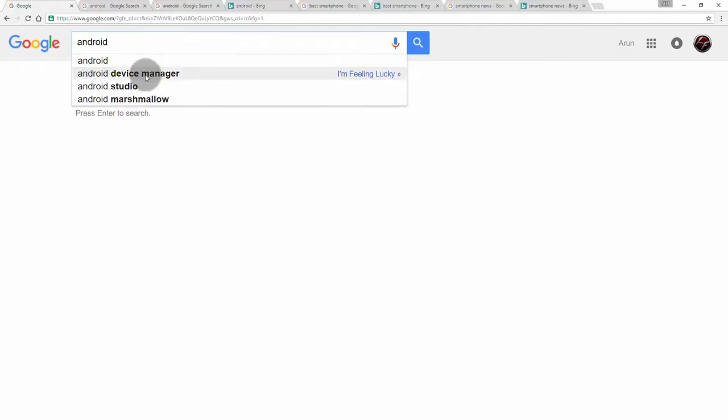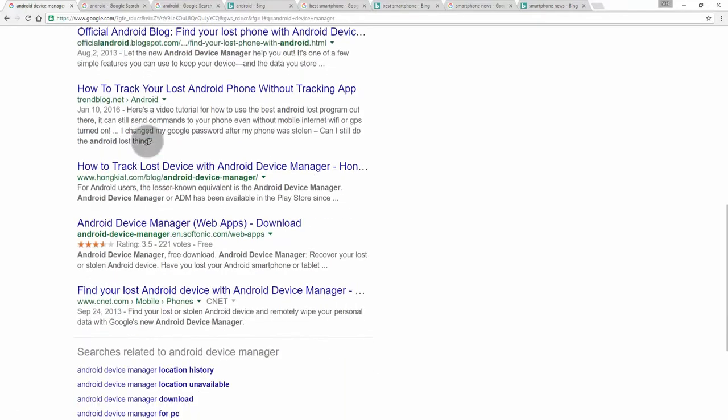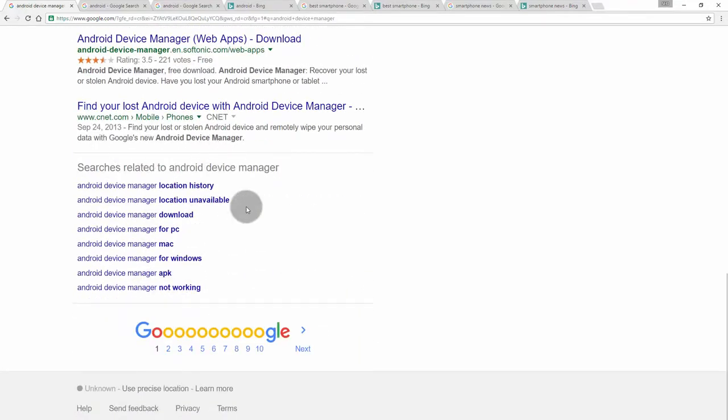If I want to write an article on Android Device Manager, then I will click on the Android Device Manager suggestion. And if I go to the bottom of this page, I get further narrowed down related keywords for Android Device Manager. So I can start writing an article based on these keywords, such as Android Device Manager location history or location unavailable. This is some kind of help tutorial because many users or people would be searching for Android